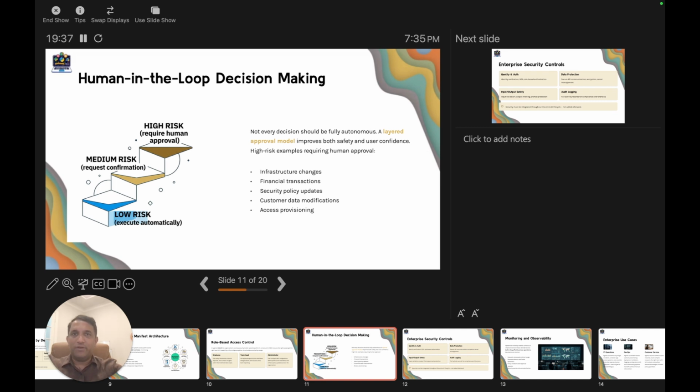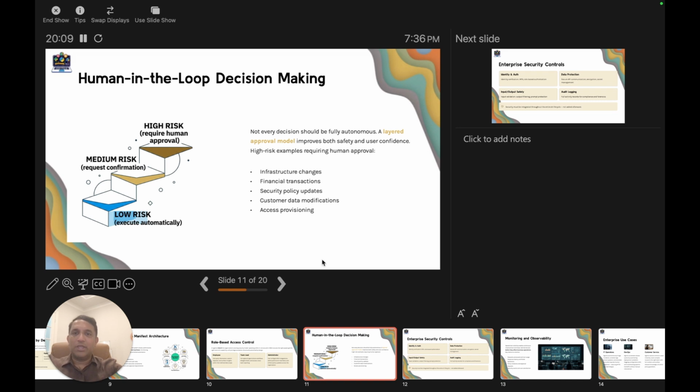It improves safety, obviously, but it also improves user confidence, and that second one is underrated. People trust a system far more when they know the big calls still route through a human. So human in the loop is very, very necessary in the decisions we are making in this generative AI world, especially in enterprise architectures.